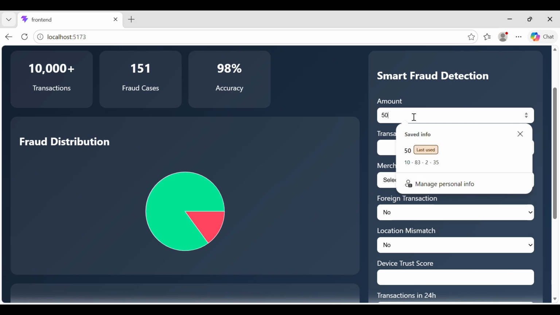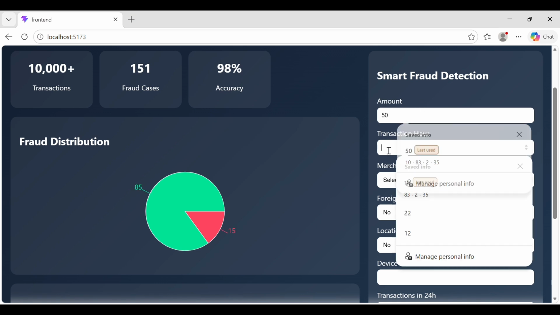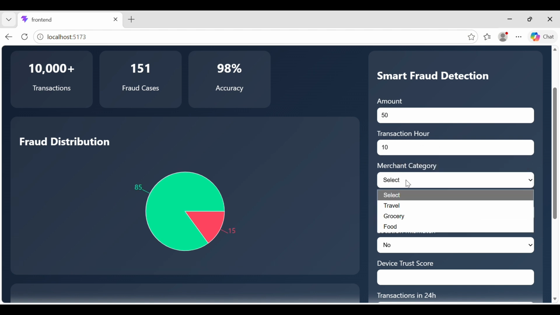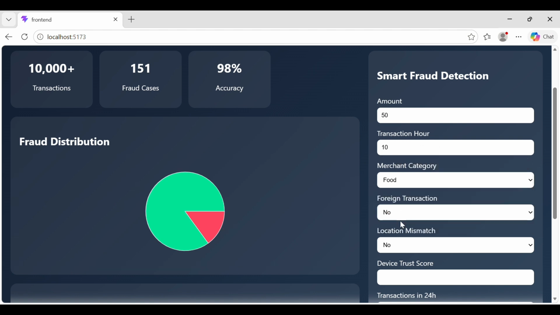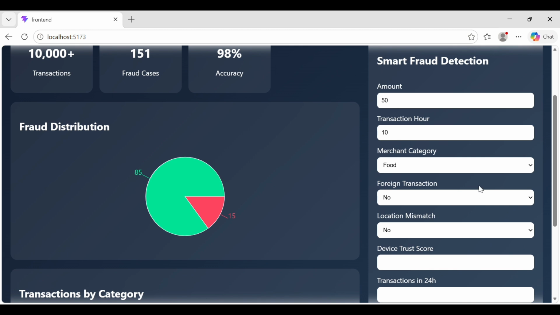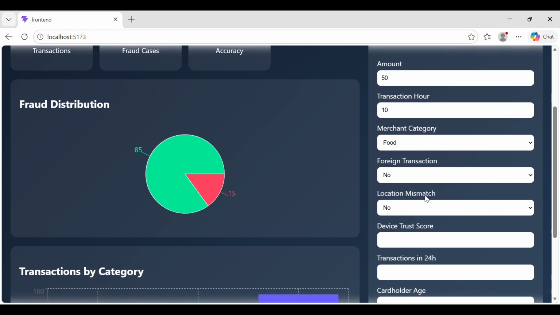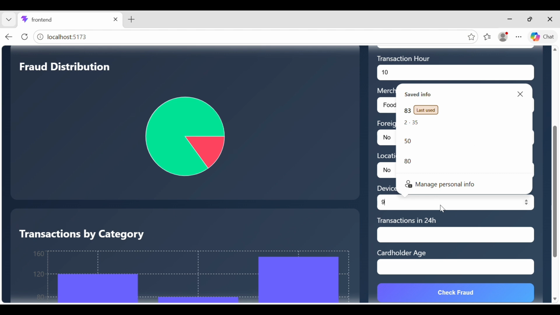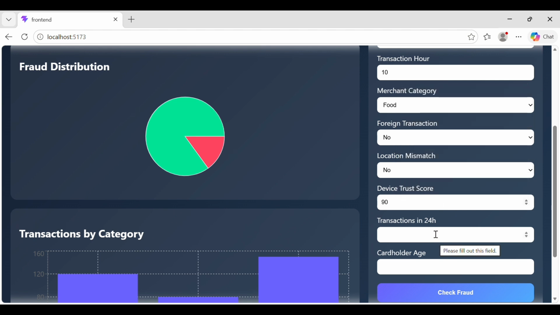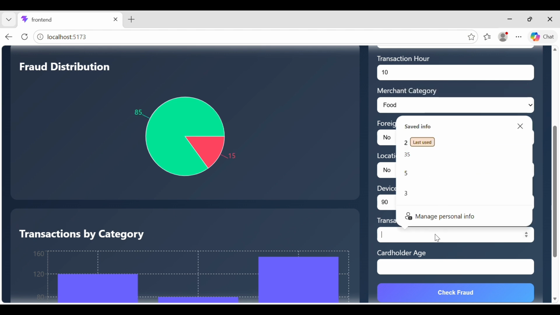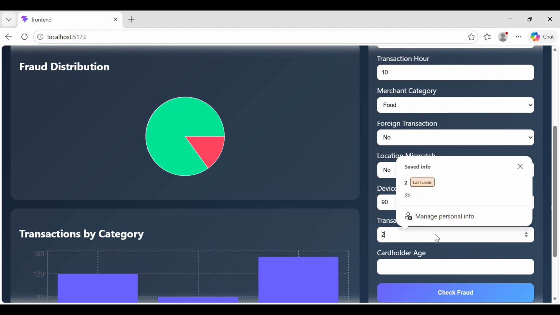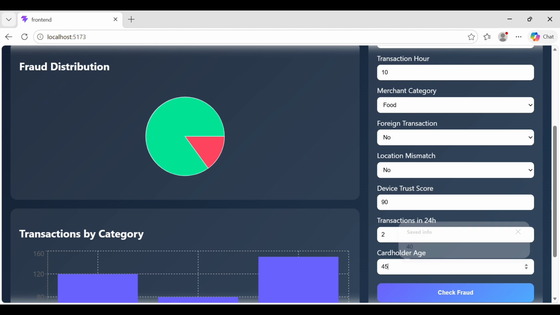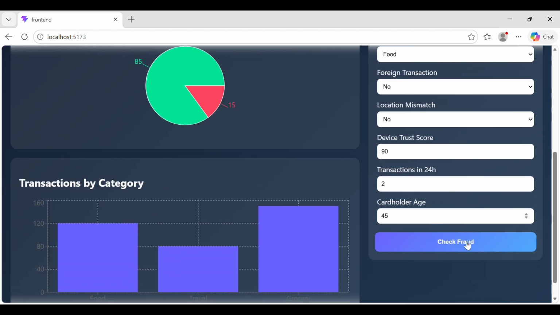Let the amount of transaction be 50 rupees. Transaction hour is 10 a.m. Merchant category, let it be food. There is no foreign transaction and there is no location mismatch as well. Device trust score, let it be 90. Transactions in the previous 24 hours, let it be 2. Card holder age, let it be 45. And if we check the fraud,